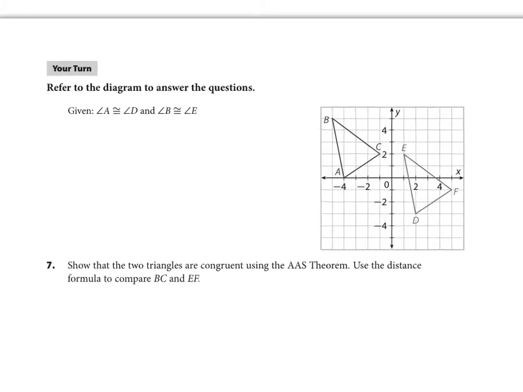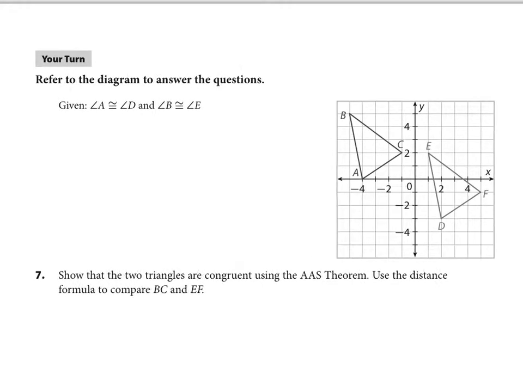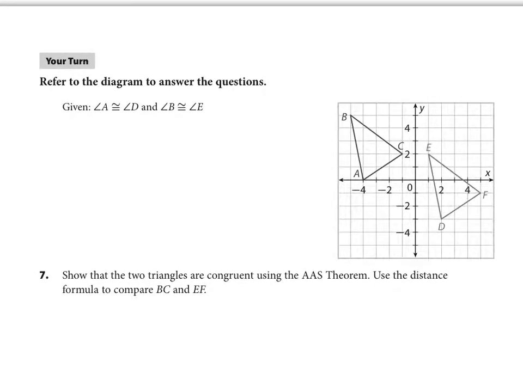Here on page 1058, let's work with some triangles on the coordinate plane, and I am just going to do one of these. I may not even do the whole thing, but we are given that angle A is congruent to angle D. So I'm going to mark that here on the picture, those two angles. Angle B is congruent to angle E. So I'm going to use 2 marks there. And we want to eventually show these 2 triangles are congruent. And if we're going to use AAS,